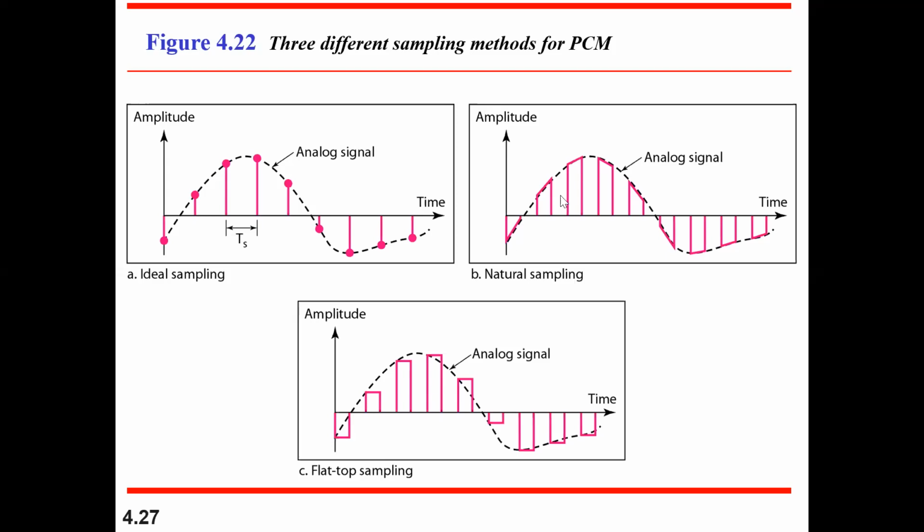It will be working as good as natural sampling itself. But in natural sampling, it will go along with the waveform, whereas with respect to your flat top, it will be flattened around where you get the highest amplitude level. Using that highest amplitude level, you will be getting this particular thing. Okay, this is with respect to your 3 different sampling methods that are used for your PCM technique. Okay. Any doubt? 3 different techniques of the sampling.